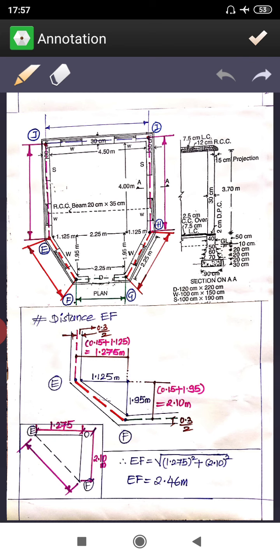So it is clear. See, take whichever wall you want. Usually what we do is that we take the longer wall as a long wall and shorter wall as a short wall. But that is not necessary every time, right? What you have to do is that you have to take a center to center of any wall. Now if you are adding a particular width there, then that will be a long wall, and if you are deducting, that will be a short wall, right?